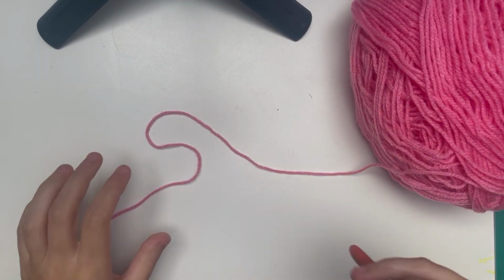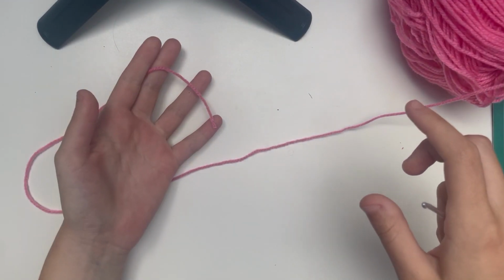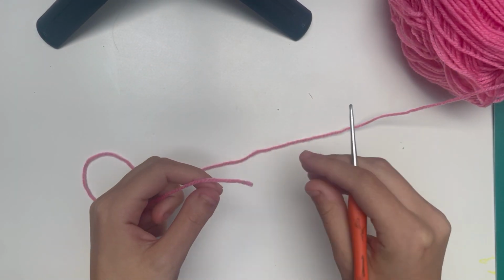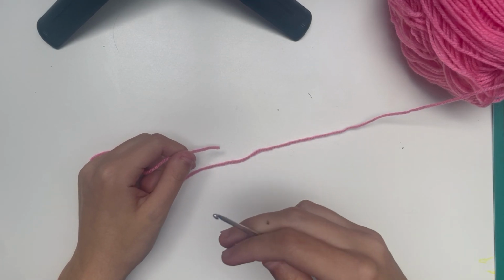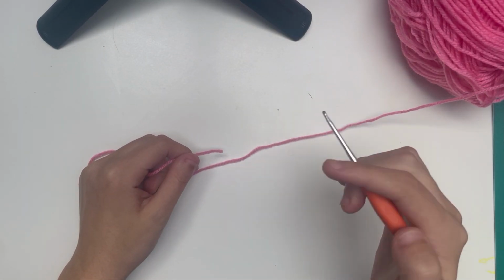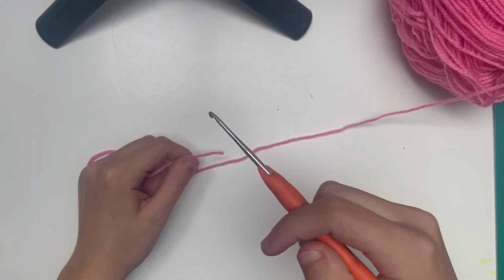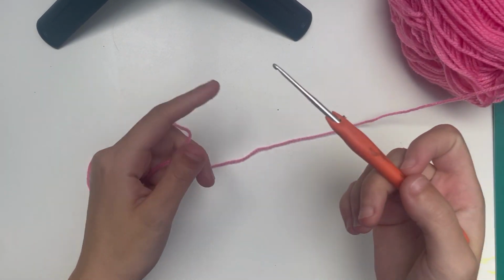Hi everyone, today I'm just going to do a super quick tutorial on how to do what is called a double magic ring. I don't know if that's what it's actually called, that's what I call it. But if you're making projects with a magic ring, especially like clothes, and they fall apart a lot, one of the reasons is because you might be doing a single magic ring and the double one is a lot more